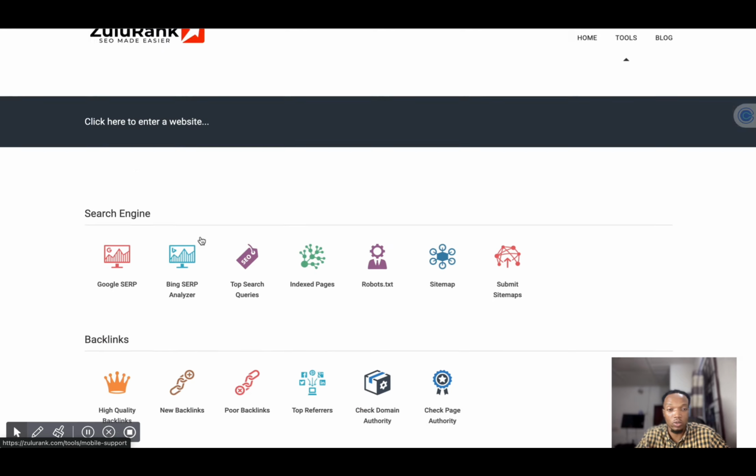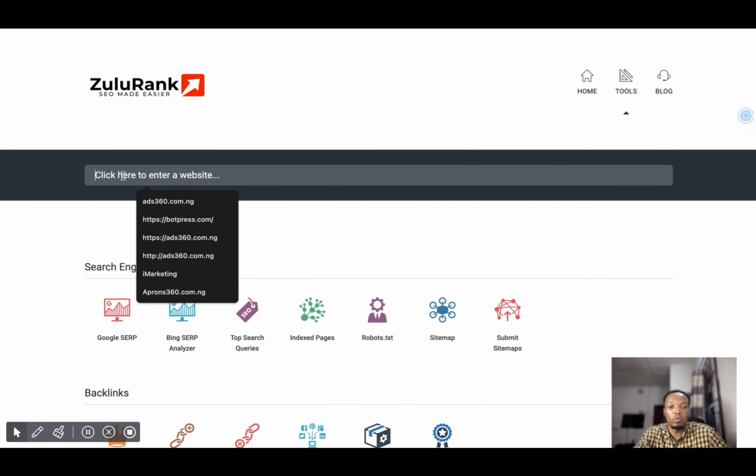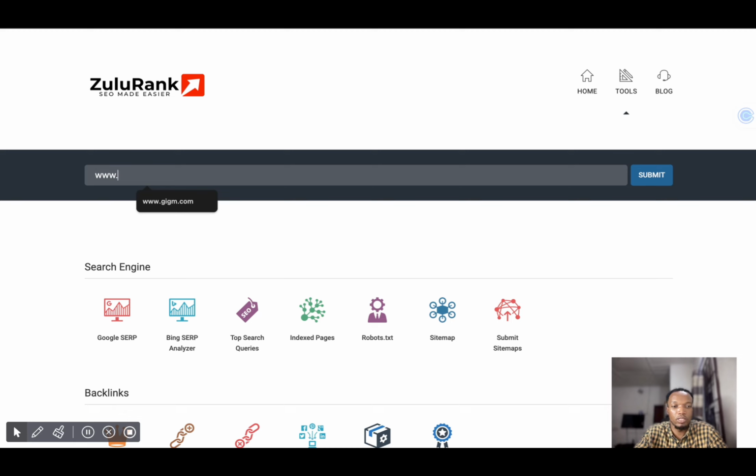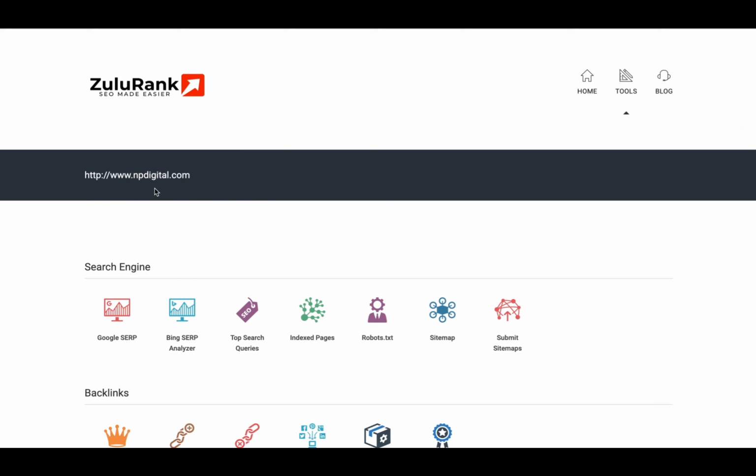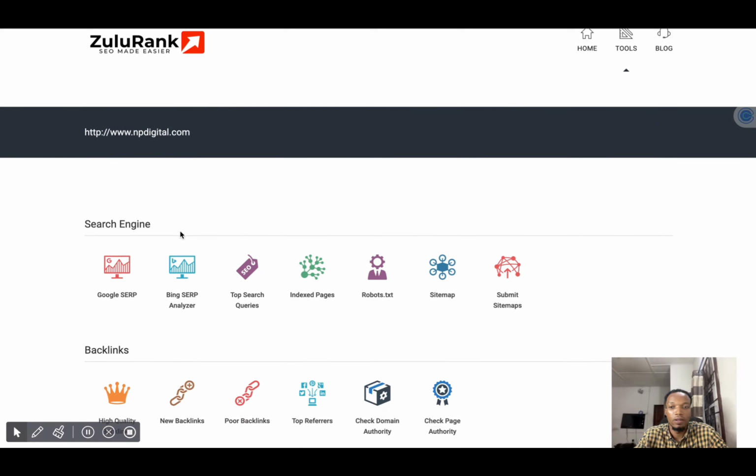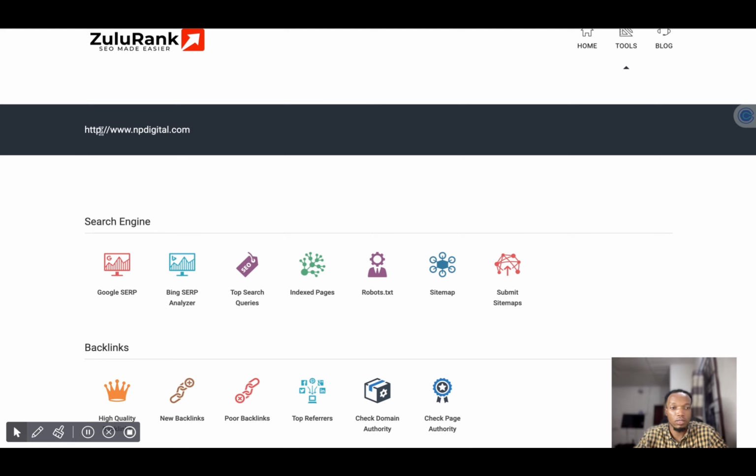For you to get the best results, right? For this project, we are going to use MPG Digital, mpgdigital.com. So you click mpgdigital.com, right? So now what? Okay, so let me check HTTPS,